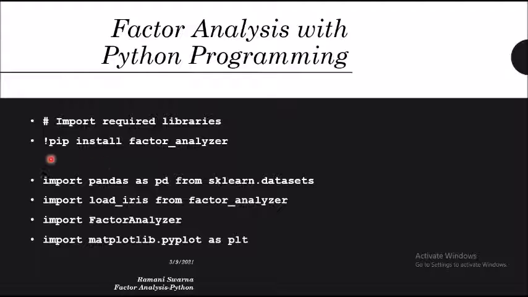So the first step I have taken in Colab is !pip install factor_analyzer, which helps me analyze the factors, as we will see down the line. Import pandas: pandas is a library wherein you are able to work on panel data sets, and it is imported as pd.